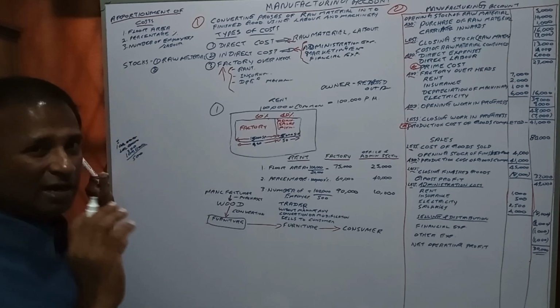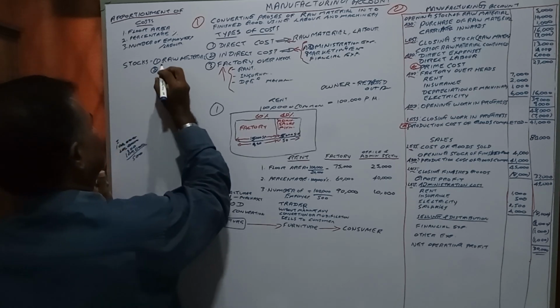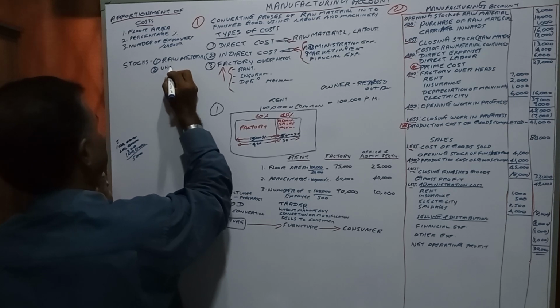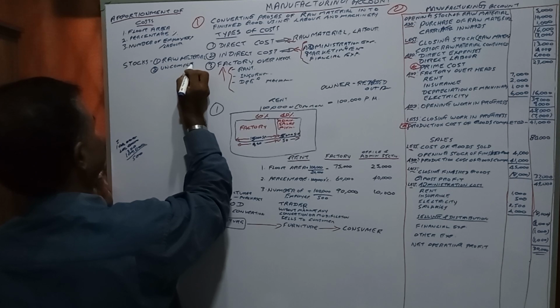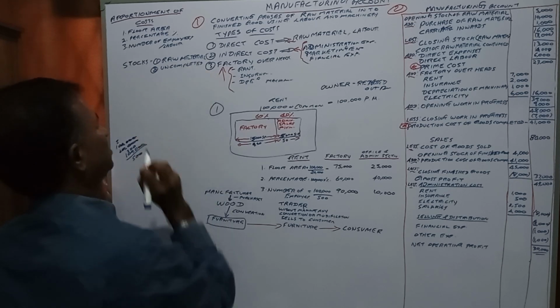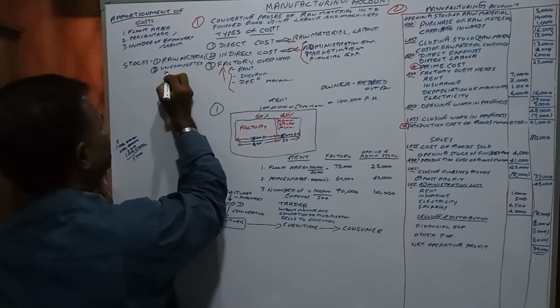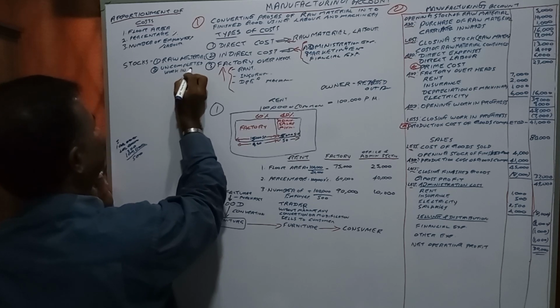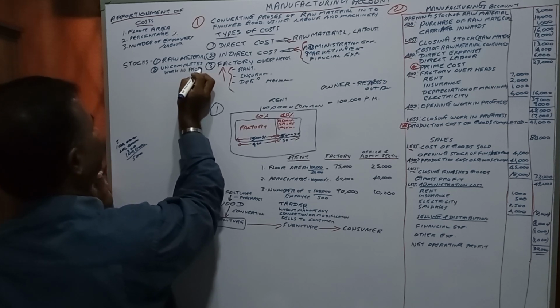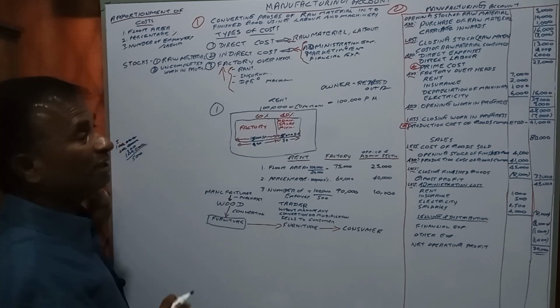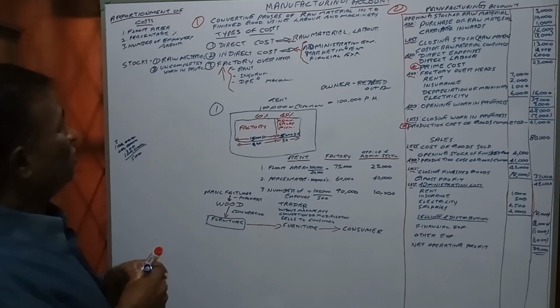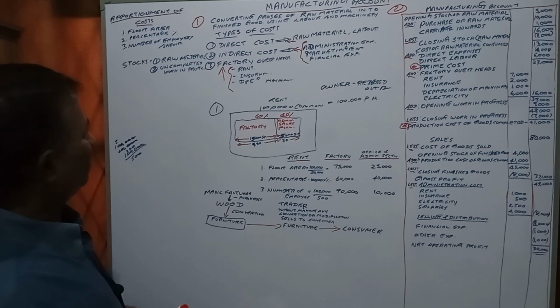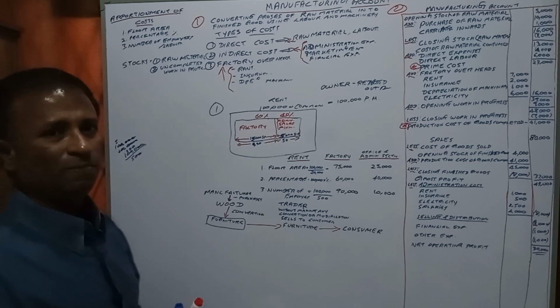Second one is uncompleted stocks, that is work in progress. That is called work in progress. That is called uncompleted stocks, in the sense